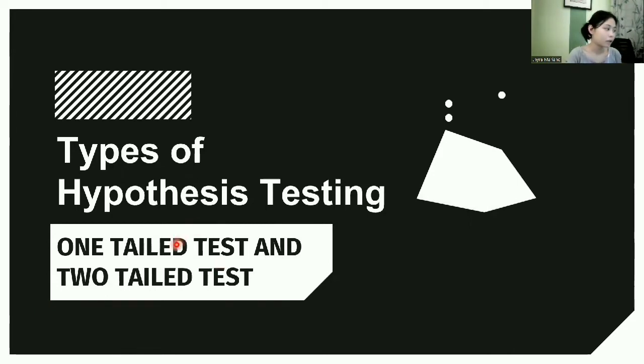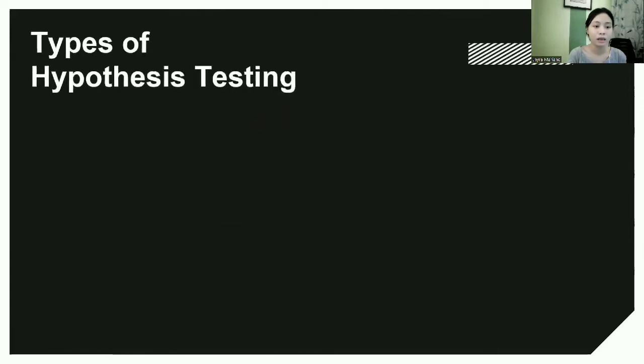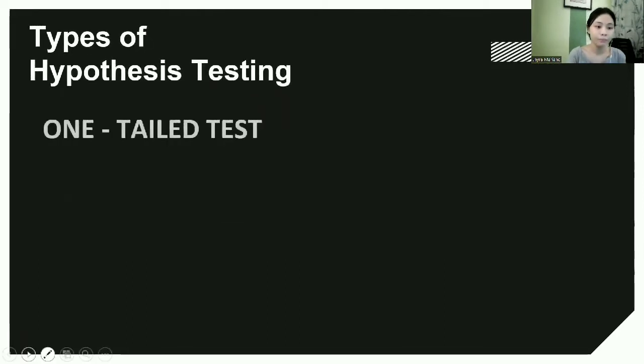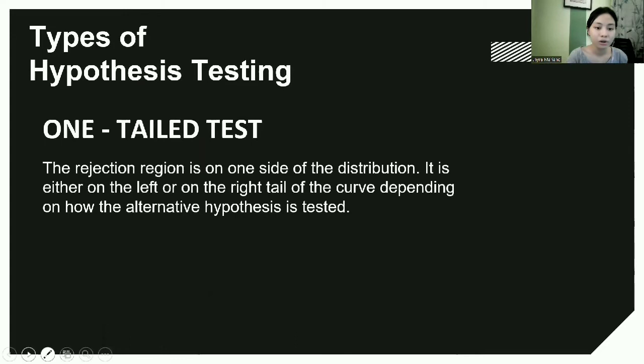Next naman, may tinatawag tayong one-tailed test and two-tailed test. I-discuss na muna natin. Kailangan natin ito i-discuss kasi mamaya magagamit siya sa decision step and unahin natin yung one-tailed test. I-differentiate natin yung pinagkaiba ng one-tailed at two-tailed. So one-tailed test, sabi dito, the rejection region is on one side of the distribution. Kumbaga kung ito yung normal curve natin, nasa isang side lang siya, either nandito or nandito. It is either on the left or on the right of the curve depending on the